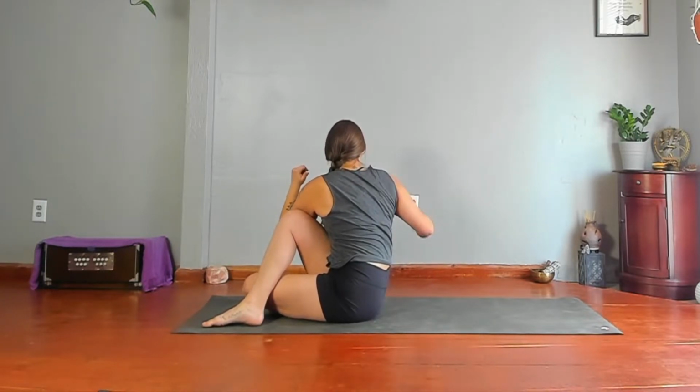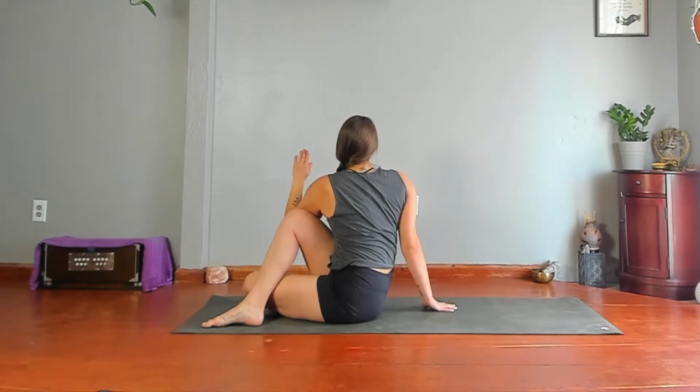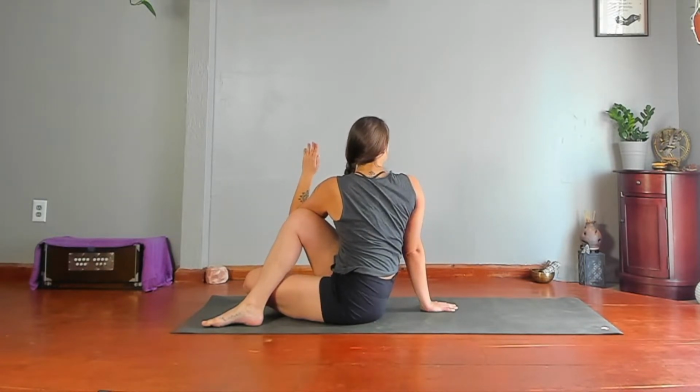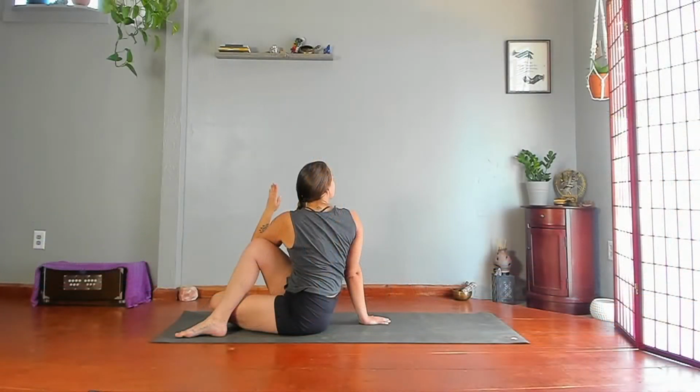Unround your upper spine, really shoulders back, lift up through your sternum, point your palm forward, push your back hand down, and then gaze beyond your right shoulder. Squeeze your heels toward your hips, and don't hold your breath. Look forward,